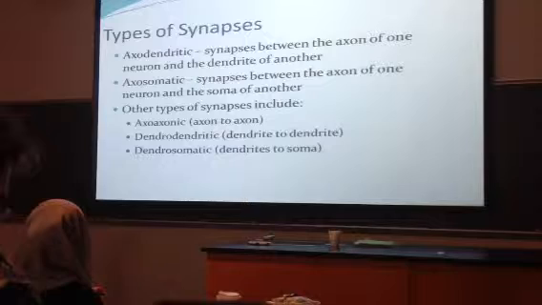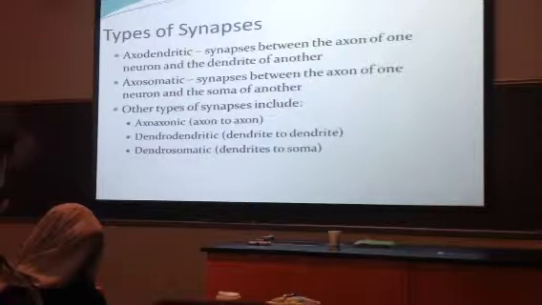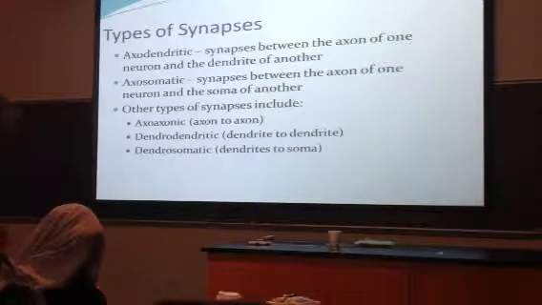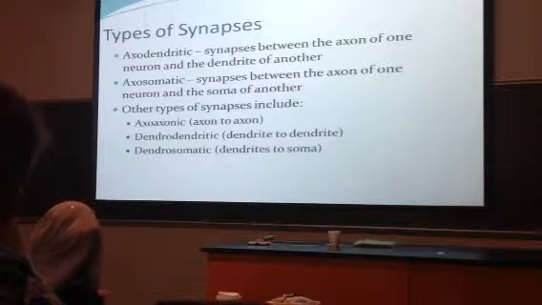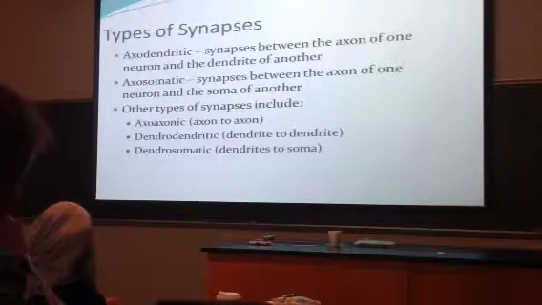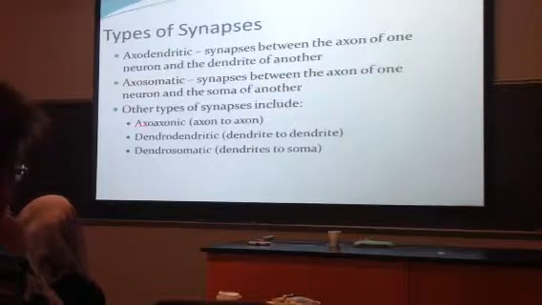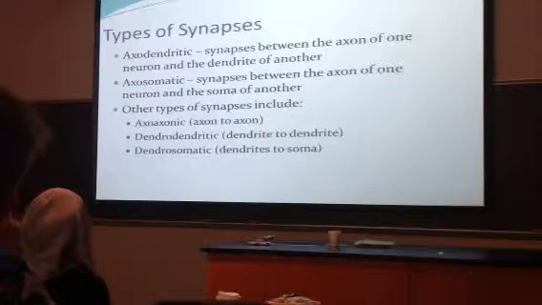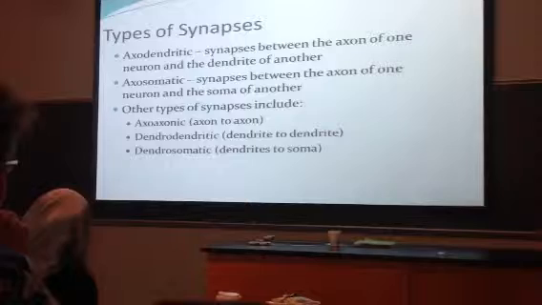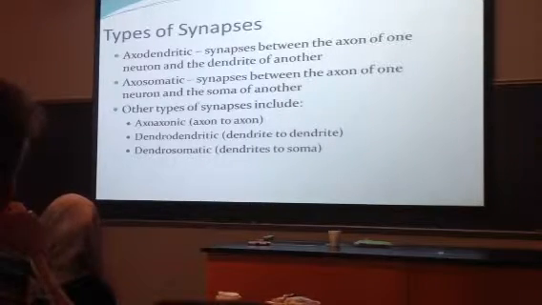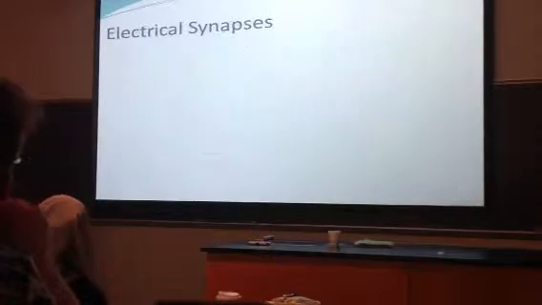Yes, sir? Which one is most common? Axodendritic or axosomatic? The same? You mean the two, yeah, the pair is common. Actually, I take it back. The most common one is axosomatic. Much more common than the axodendritic. But the percentage is not that big a difference. There we go. So they were really common.